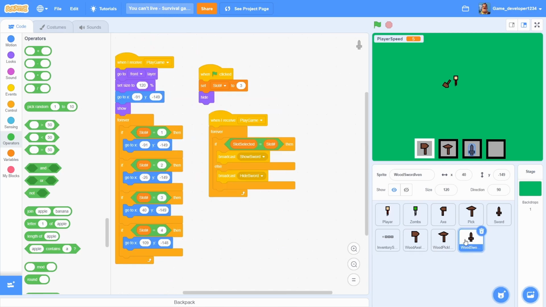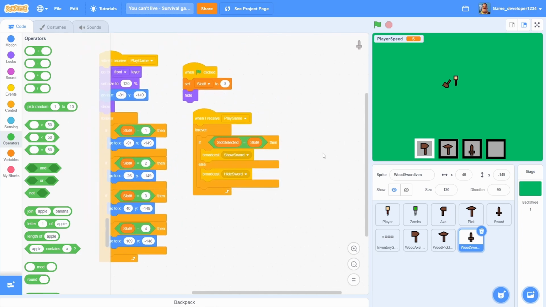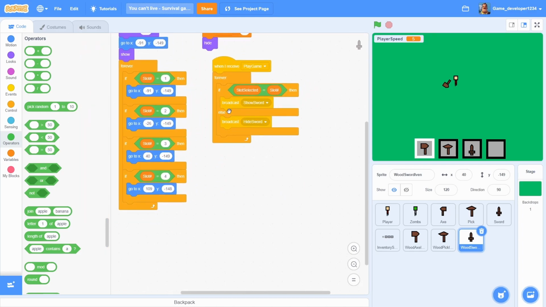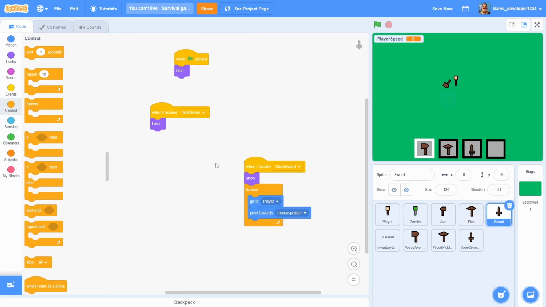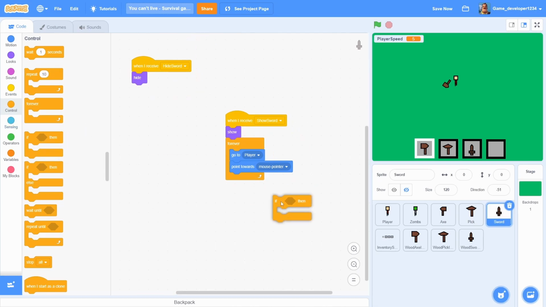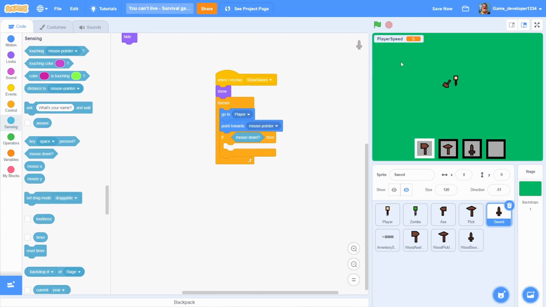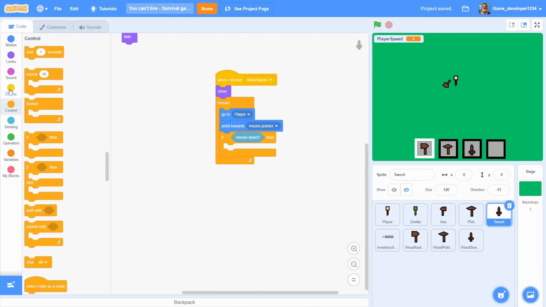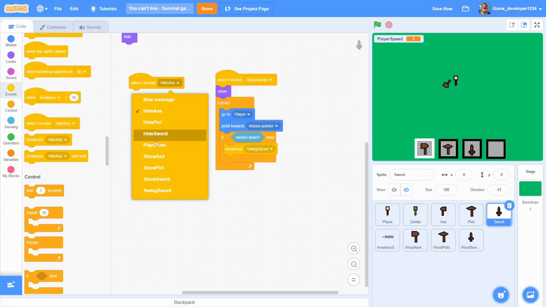But let's make these tools actually usable. Let's start with the sword. So in the when I receive show sword, and then we're going to do if mouse down, then let's broadcast swing sword. Okay. And when I receive swing sword,